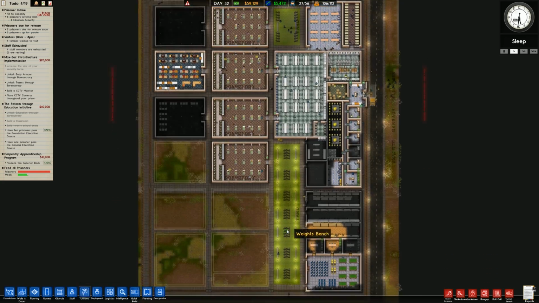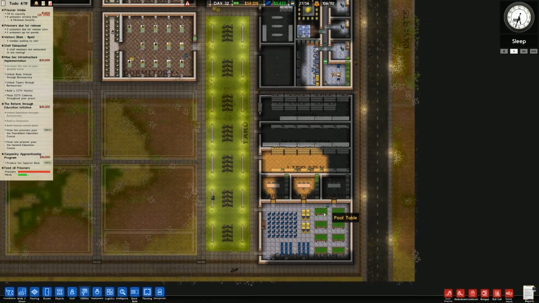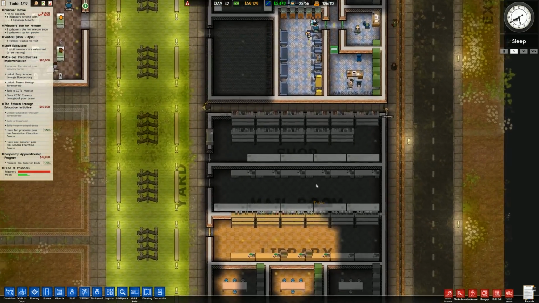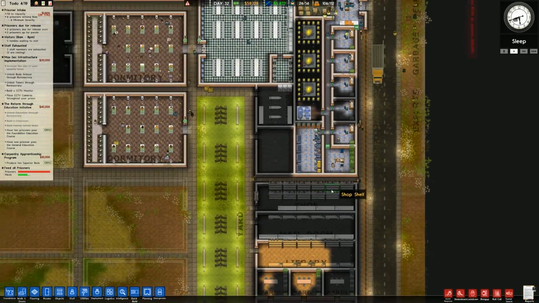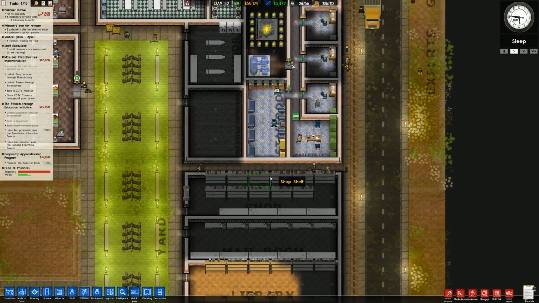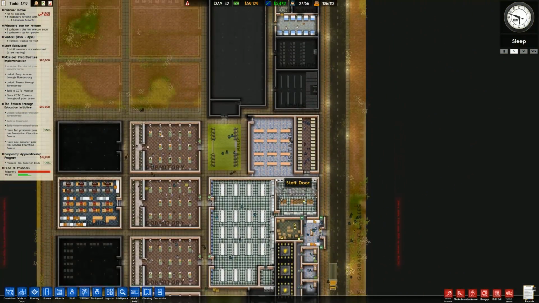We also finished off the common room and some more parole and all of the secondary buildings that you don't necessarily need but the prison does benefit from, so your library, mailroom, shop, that sort of thing. We do have a couple of issues. You can see that these doors are not yet automated, so we do have a lot of delays in and